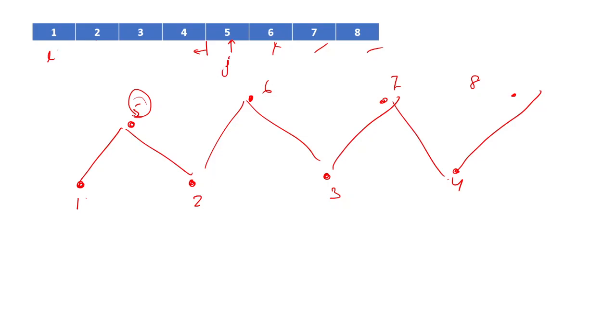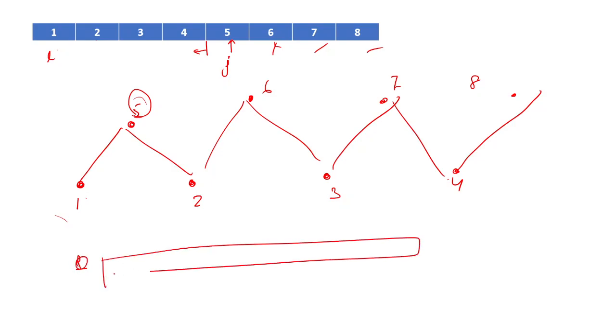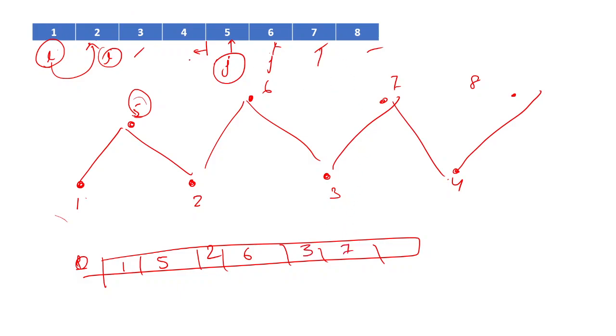Okay, so what we will be doing, we will sort the array, take one pointer here and another pointer here. Every time we'll add one in a new array. We'll first put this 1, then increase this pointer to here, put this j 5, then put i 2, then put 6 here, then we'll put 3 here, then we'll put 7, then we'll put 4, and then we'll put 8.